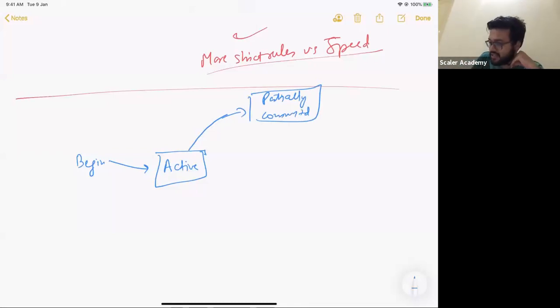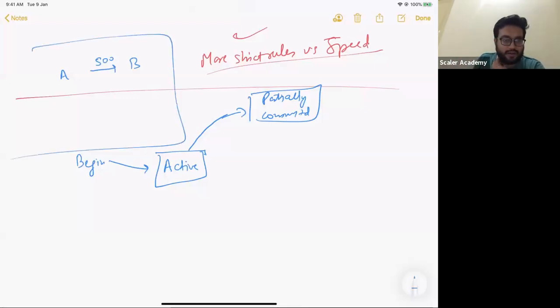Let's assume there was a guy A who wanted to move 500 rupees to a guy B. Say you are using Google Pay, or you are at a bank, and you want to transfer 500 rupees to a friend. Can you tell me what kinds of operations are going to be performed? I would want the exhaustive list of operations, everybody. First of all, you would want to select from A. You want to figure out how much money he has.